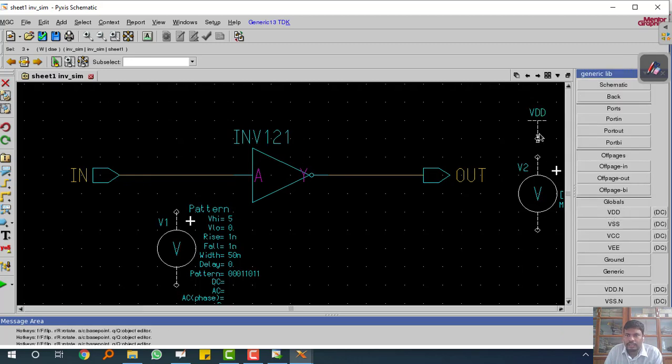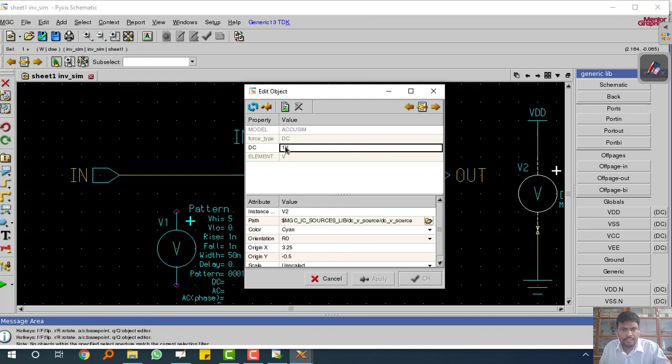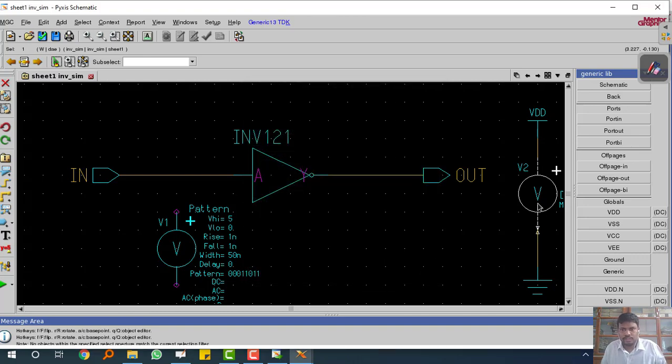You connect this DC to VDD and ground, and please change the value of VDD, here we have 1 volt, to 5 volts. So we are giving 5 volts VDD to the schematic circuitry.